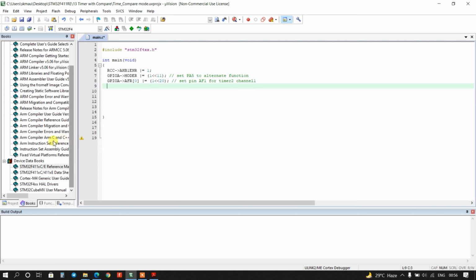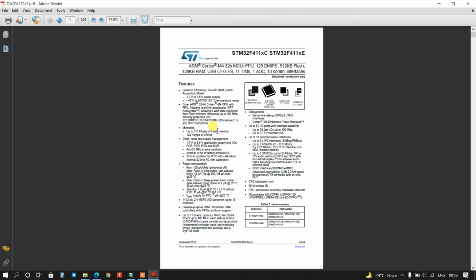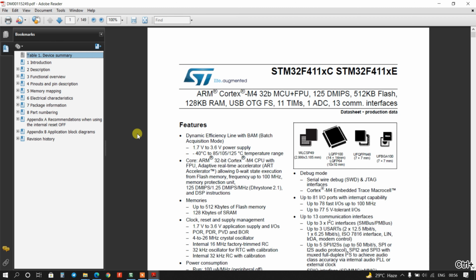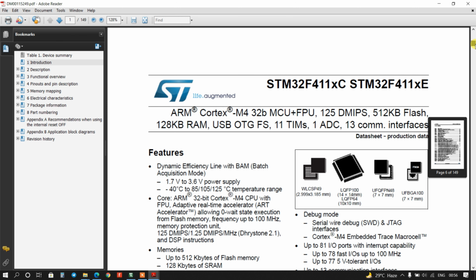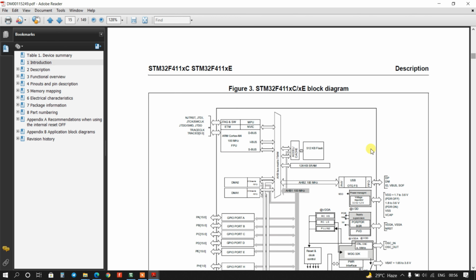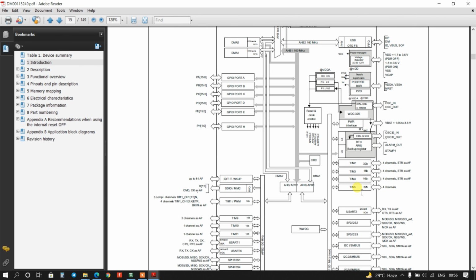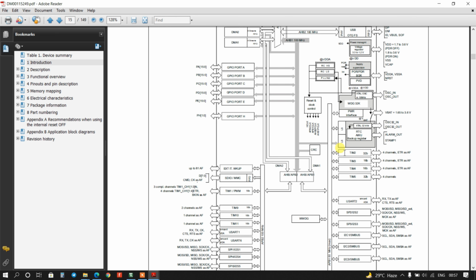Okay, now we will go to the data sheet. You can see timer 2 is connected on the APB1 bus. So I have to enable the clock source for the APB1 bus.